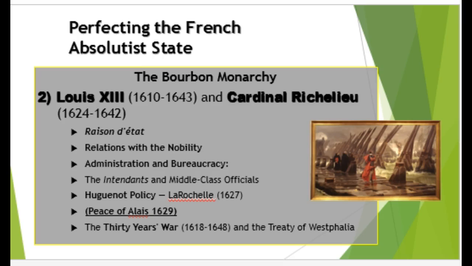And then La Rochelle. The religious policy will change. The Huguenot policy will change by 1627. La Rochelle was a bastion for Calvinists. Remember, under the Edict of Nantes, they were allowed to protect and fortify their cities. Well, as the centralized monarchy begins and continues to gain power, the Calvinists and their bastions were really seen as a thorn in the side of the absolute advocates Richelieu and Louis XIII. So what they decided to do was take them out.